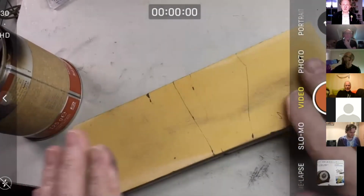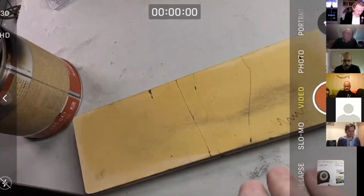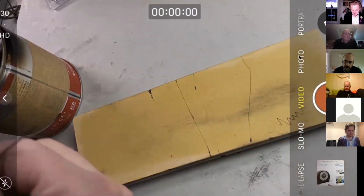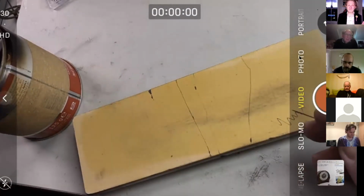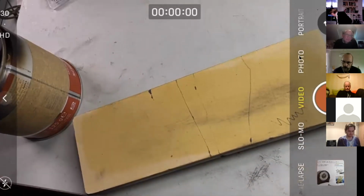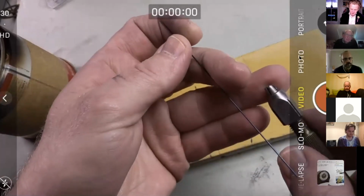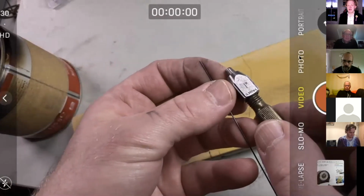Right, so last thing we need to do in making our drill is go to our trusty 1000 grit ceramic stone we all know and love, and I'm going to grind on the 2 reliefs on the back of the drill, which will create our cutting surface. And to do that, I'm going to use a drill with a square collet. You don't need one of these, but it's quite useful because I need to turn,